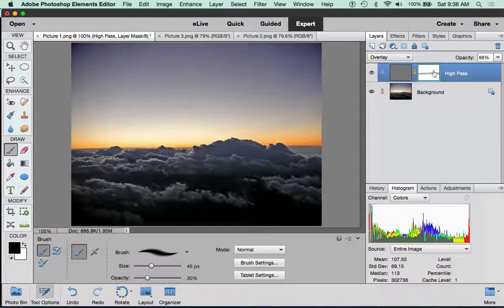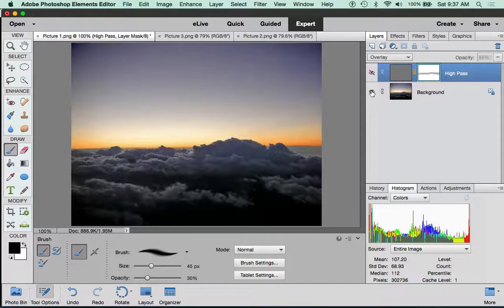When you want to see what you did by adding a mask, you hold the Shift key and click the mask, and it turns it off. And then you click it again, and you turn the mask back on. Okay? When you want to see the entire effect of your work, you have two choices. If you had 8 layers you were working on and you want to go back to the beginning, you would go to the background layer, and with the Alt-Option key down, you do the eyeball of the background, and it turns off all the